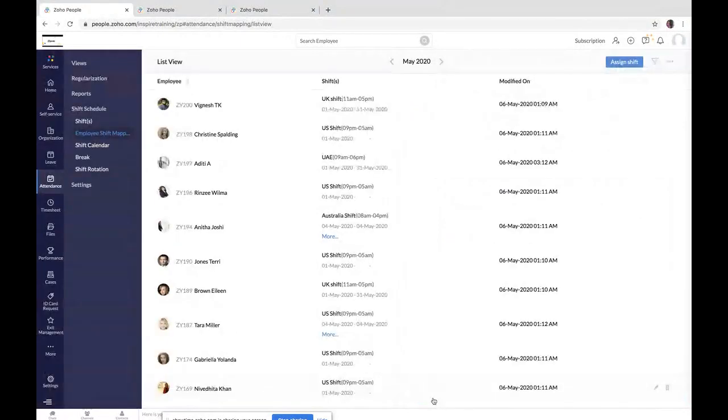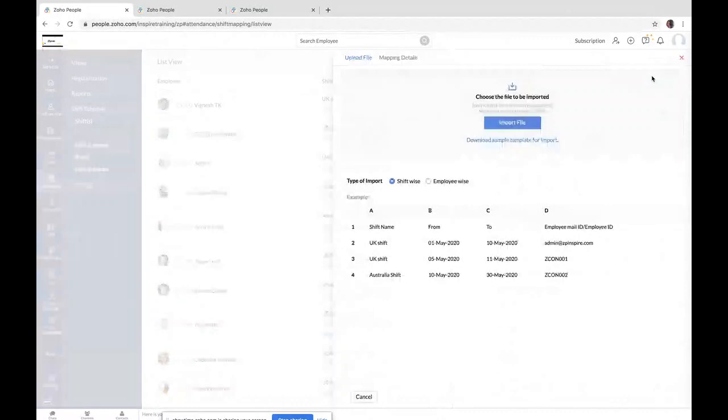So all the employees will be tagged to the respective shift that you have provided. We do have an import option for this as well. So you can have the shift name, the from date, the to date, and the employee ID here in order to map this particular shift to the respective employee for the defined period.